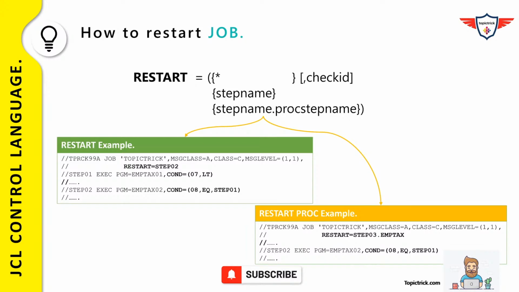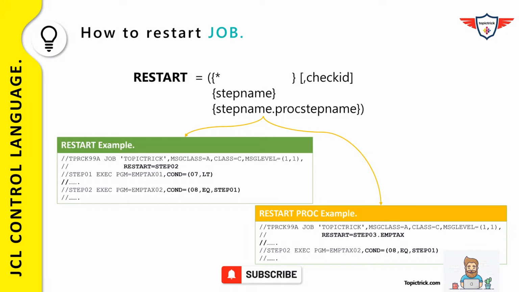Now in the following example, I've used the restart parameter to restart the job from a specific step, whether in a job or in a proc. So in the first example, I've used the restart parameter, that is the restart keyword followed by an equal sign, and after that I've specified the step name. So that is step 02. I just want to restart my job from step 2. So you just need to specify that and resubmit your job, and the job will be